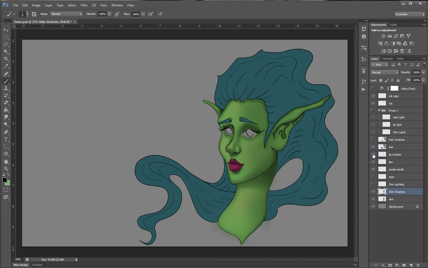Her lip shadow I put in as well. Again, it's deeper on the right side because there's not as much light coming from that location. The other thing is, depending on where your light setup is, and I'm looking at my light setup in the upper left-hand corner shining down, you want to think about what areas are going to be at a right angle, perpendicular to this light coming down,